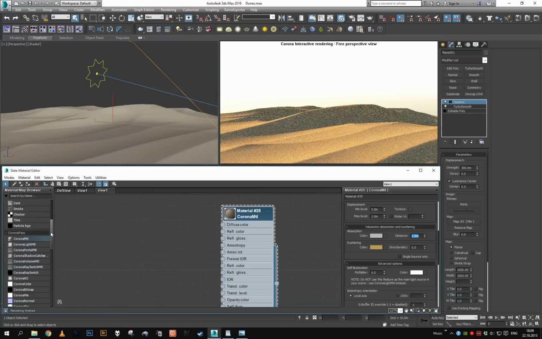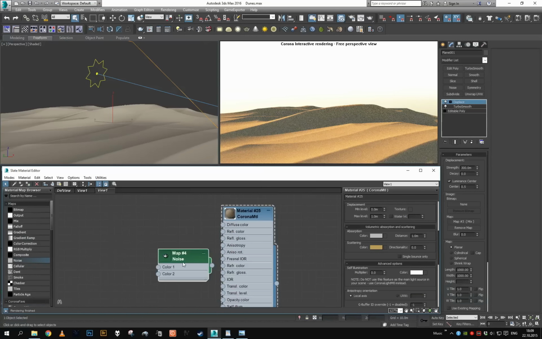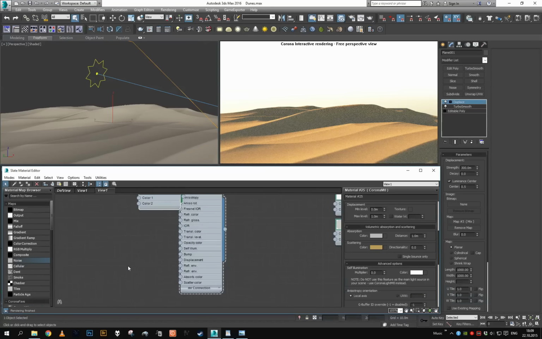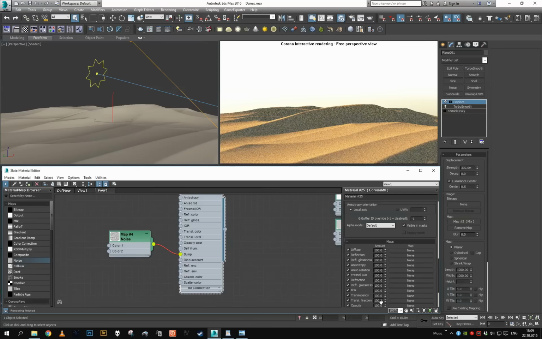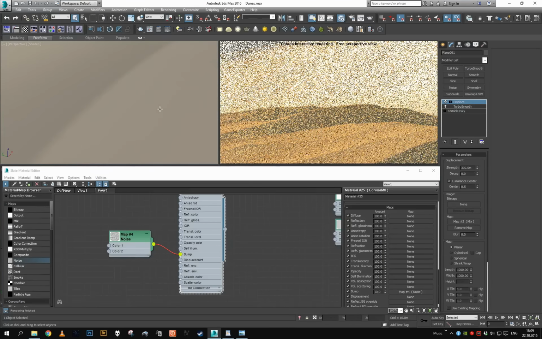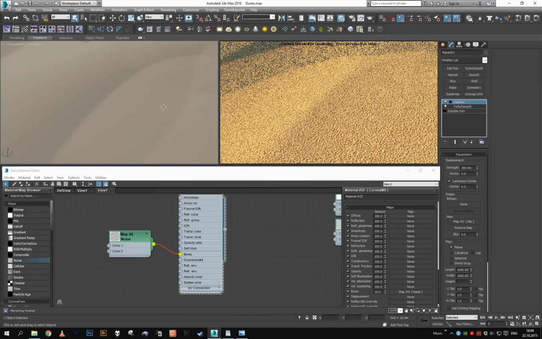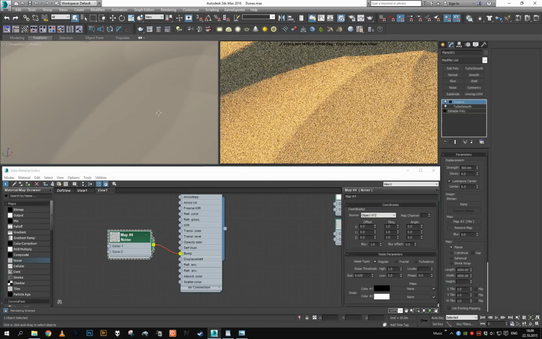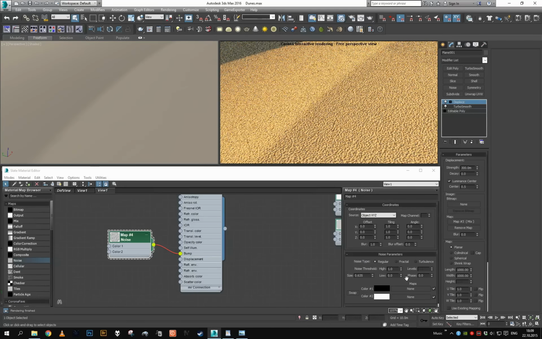Now let's create another map. We're going to use noise and plug this into the bump slot and increase the bump to 10, really overkill it for now. Let's take a look at our surface. All right, so let's set the noise to turbulence,